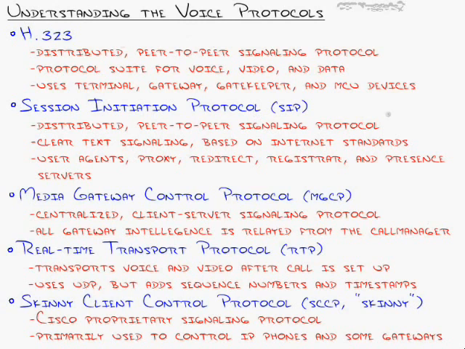H323 is the most common because it's archaic. It has been around since, well, for a long time, since the 80s. It was originally designed to give you multimedia experiences over data lines, specifically focused on ISDN. When ISDN came out with their BRI and PRI flavors, people were like, oh, this is the future. This is the future of everything telecom, and we're going to have video. People were talking about video calls and all that kind of stuff even back then. And so H323 was developed as the protocol to communicate over that.